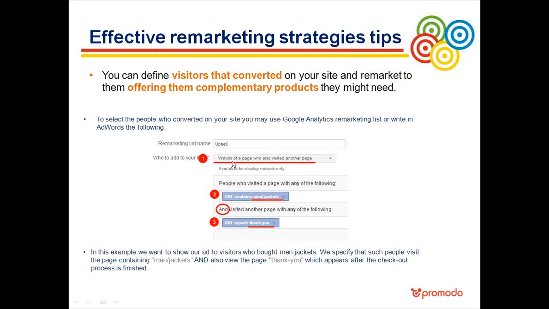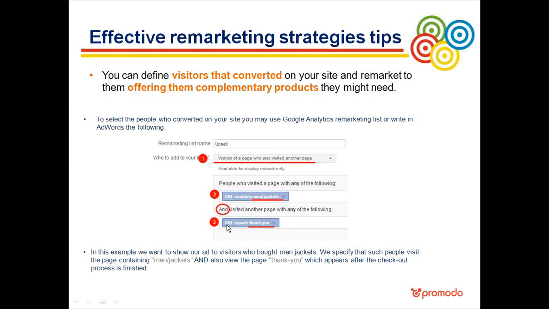Select visitors of a page who also visited another page, and in the first line you can select that it should be the URL which contains the kind of product which such users should have bought, and then you combine it with another